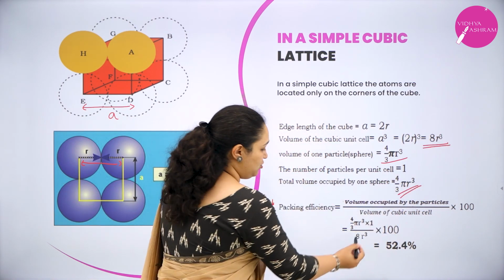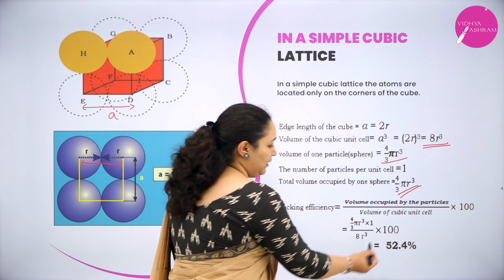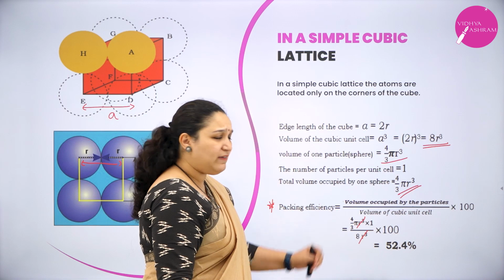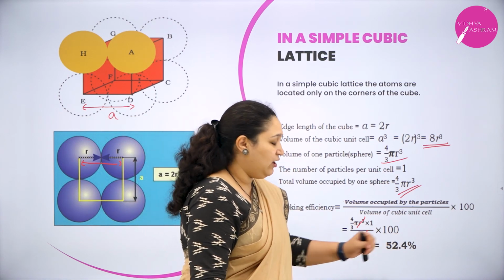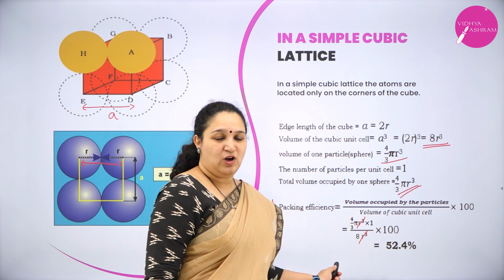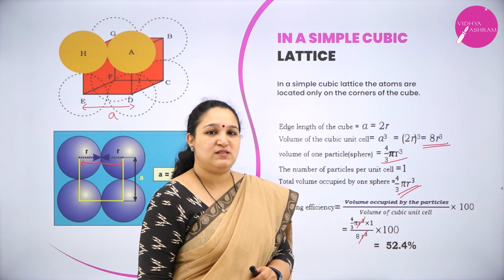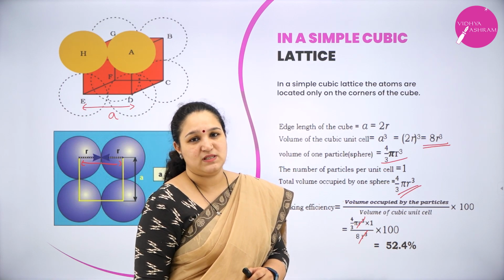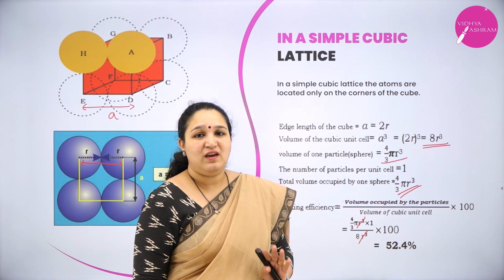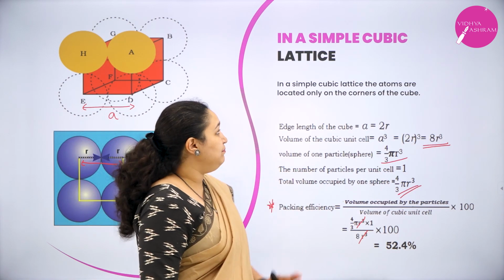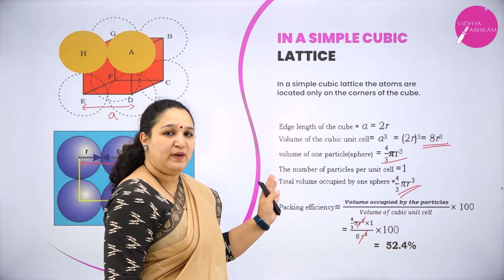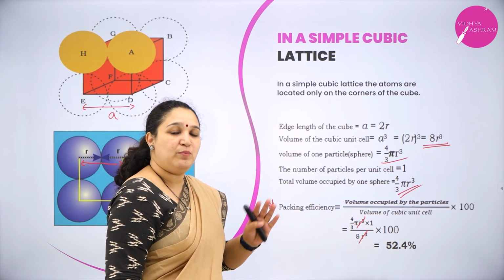8 r cube. So, it is divided by 8 r cube into 100. R cube and r cube gets cancelled. If I solve this, I will get 52.4%. You can use your calculator, solve this, you will get exactly the same answer, 52.4%. So, this is the derivation for the packing efficiency in simple cubic lattice or simple cubic unit cell or primitive